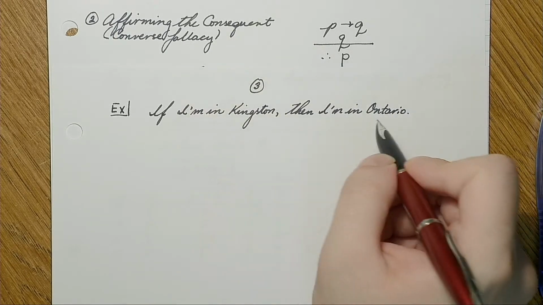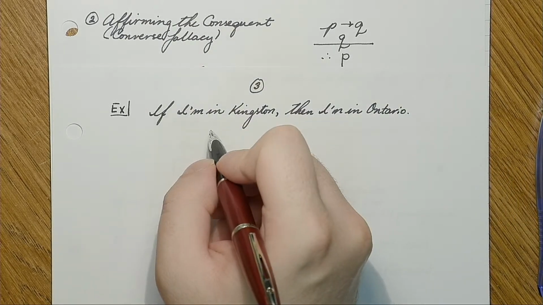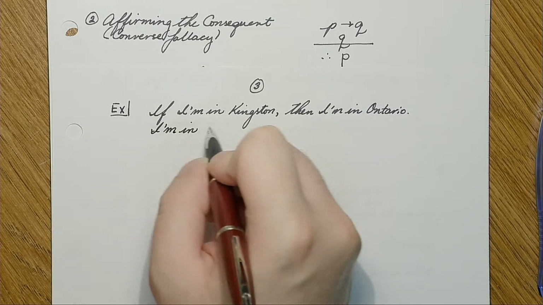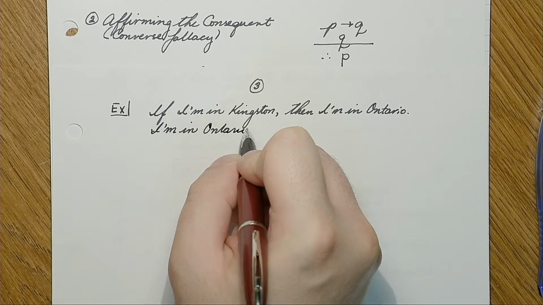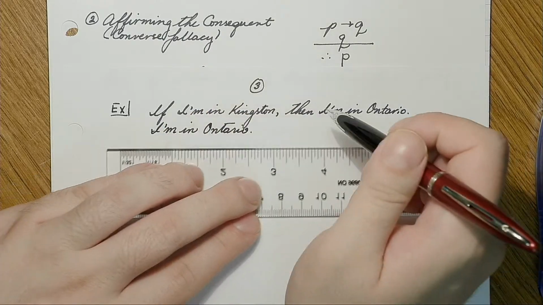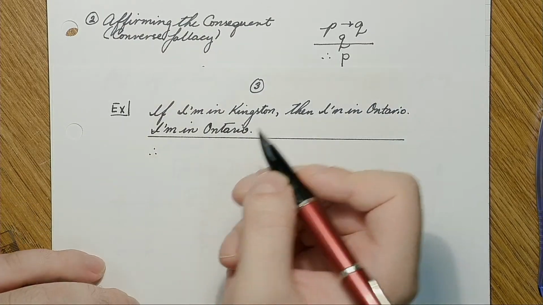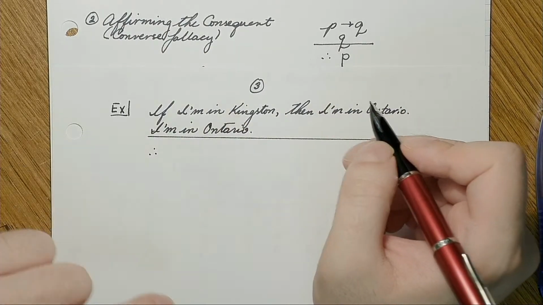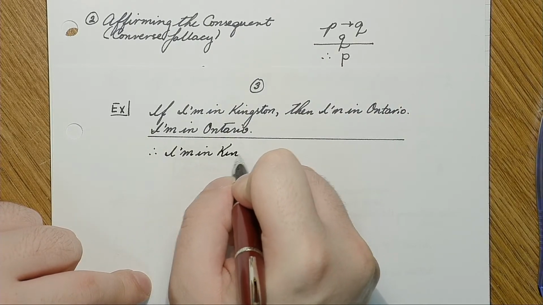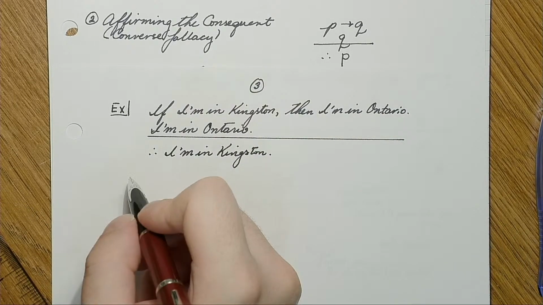So if I'm in Kingston, then I'm in Ontario. This is true. Then the next one is, I'm in Ontario. So I'm in Ontario. Therefore, using this fallacy, I'm in Kingston. And that's not true. I mean, there's lots of other